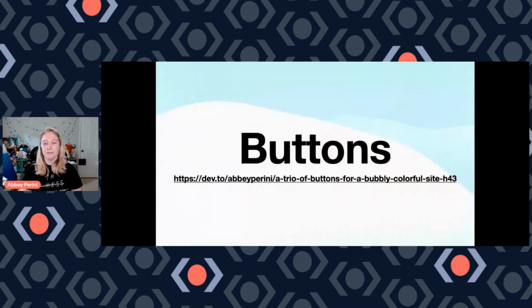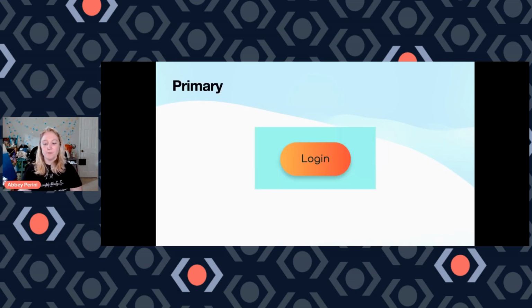First is buttons. There's a blog link here to the code for all these buttons I'm going to show you. I'm pretty sure the second one might have some accessibility issues color-wise. Don't hate me. I made them like 2 years ago. But the point is, you can divide your buttons into 3 categories. The first one is primary. These are your call to action buttons, right? If I'm on a login form, my login button better be super findable. I better be like, there it is. I don't need to hunt for it. I don't want to look for it for any amount of time. I want to be able to find this button. That's my primary. It looks like a button.